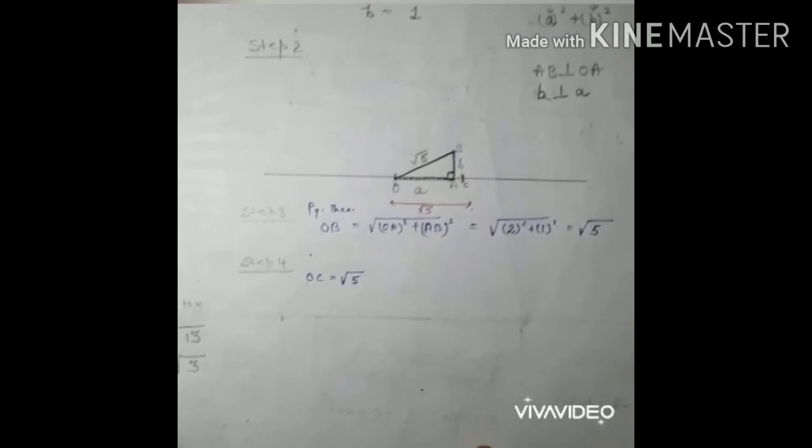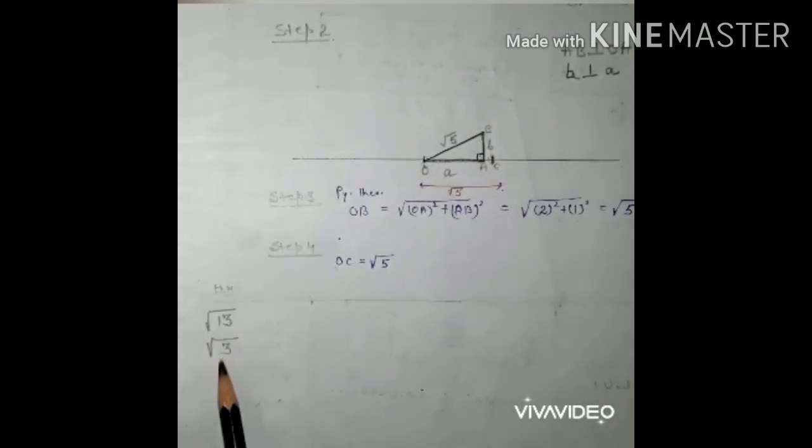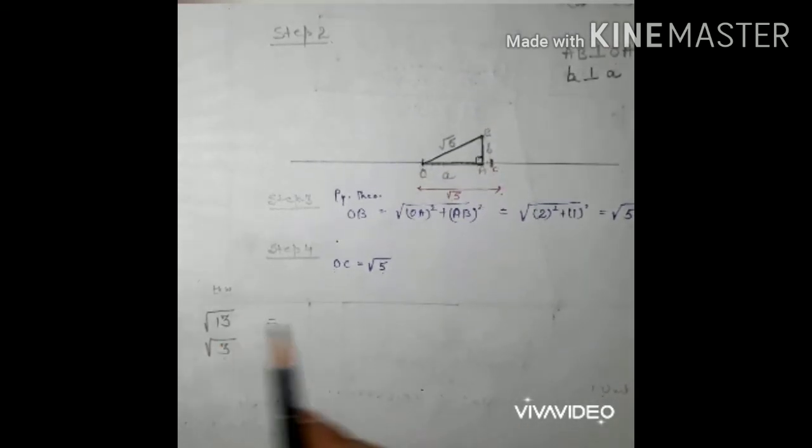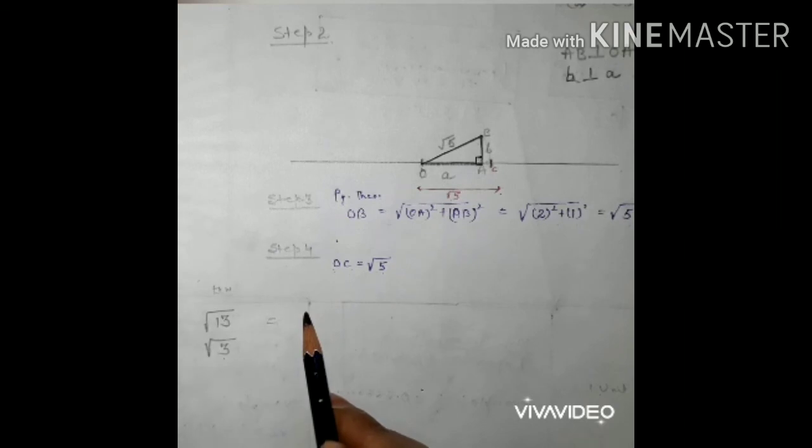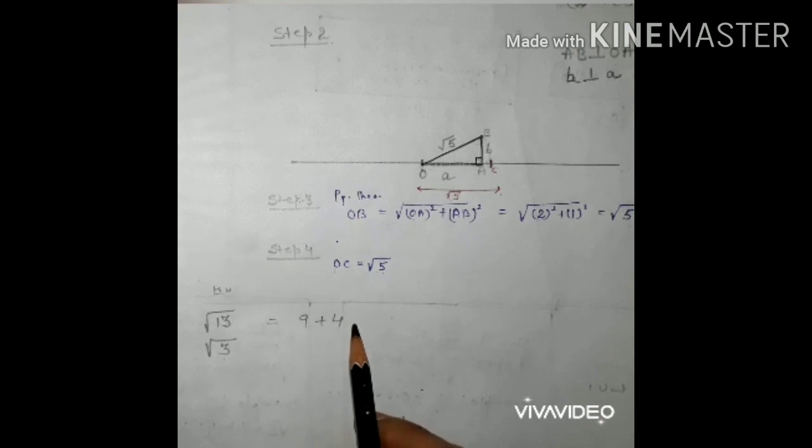In the same way, with the help of these steps, you will do root 13 and root 3. Root 13 is the sum of how much? That is 9 plus 4. 9 is the square of 3 and 4 is the square of 2. And same as